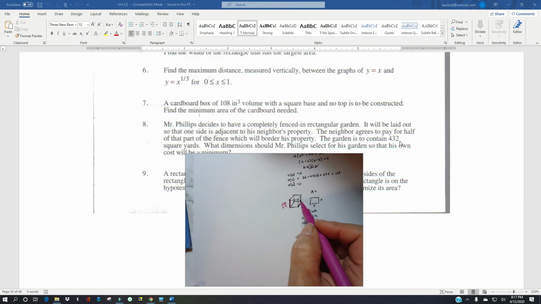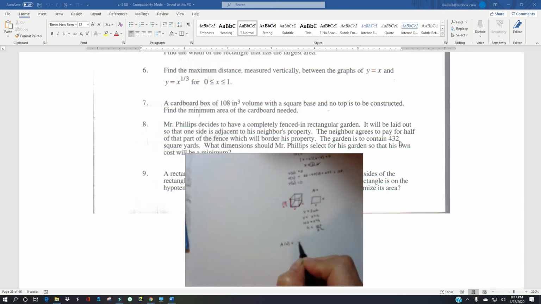Well, guess what? I have 4 sides of the box. This length here is x, this is 108 over x squared. And the height's going to be the same all the way around, and since it's a square base, so is the length of the side of the base. So my area formula is going to be the area of the base plus 4 times 108 over x squared